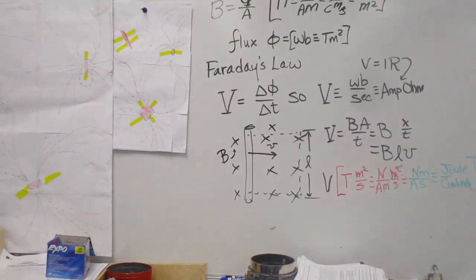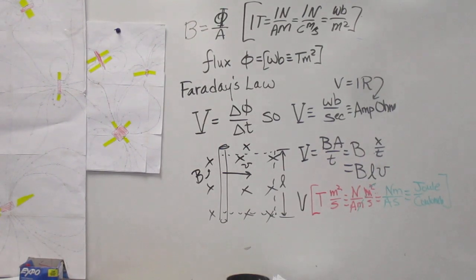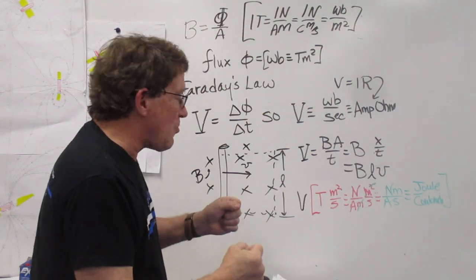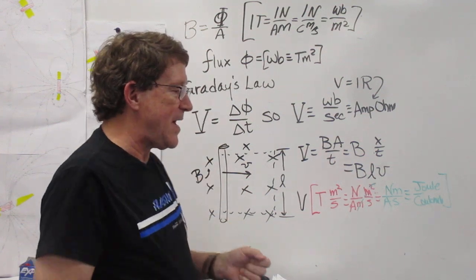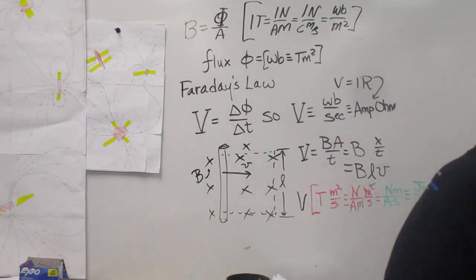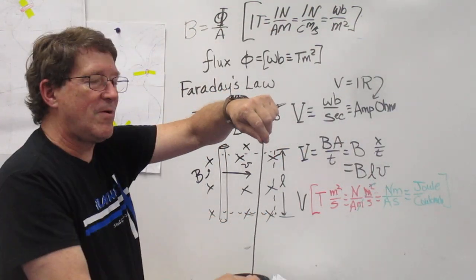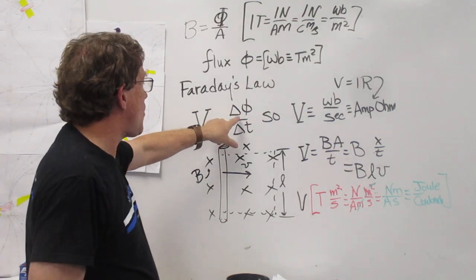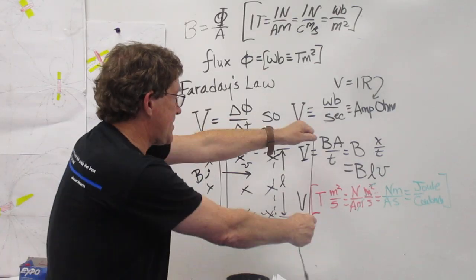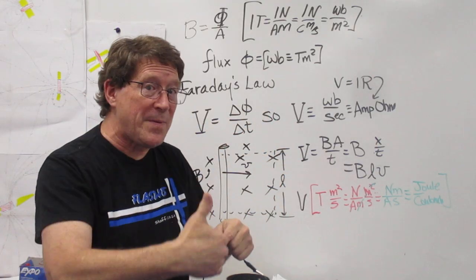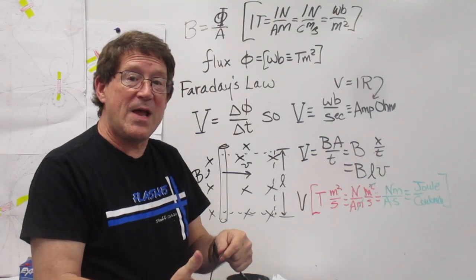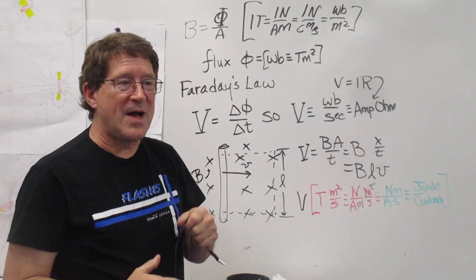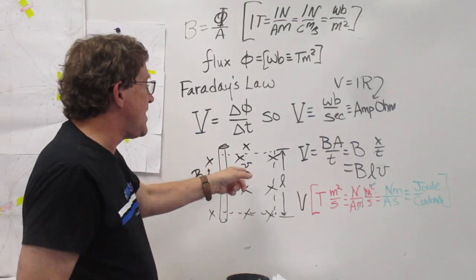And so you've got a wire that you're scraping across the magnetic field. Just like before, if you scrape the wire parallel to the magnetic field, so you're pushing this wire so that it's going in the direction or in the opposite direction of the magnetic field, no voltage. You have to break across flux. You have to take it and scrape it, and it's only the perpendicular component that is going to create current. So if you go this way, it's only the perpendicular component, the flux you break across, that gives you voltage